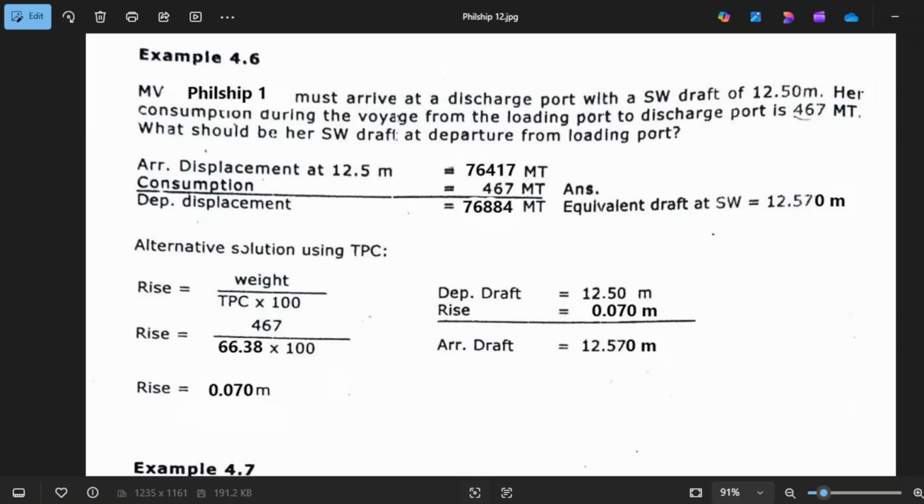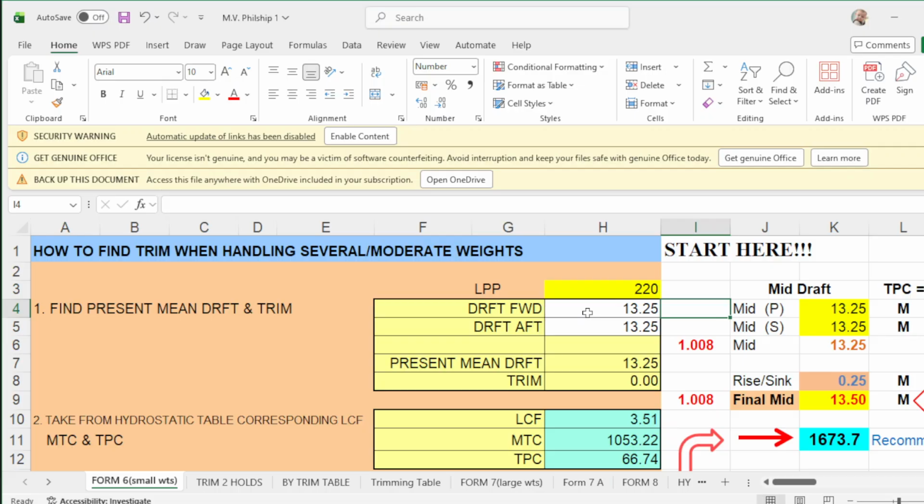Using the program, our arrival drop at discharge port is 12.5. Forward and aft will be 12.5, and the port mid is the same, 12.5, assuming no list, and your starboard mid is 12.5.